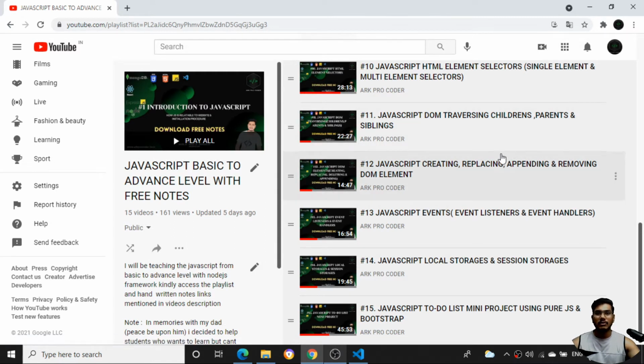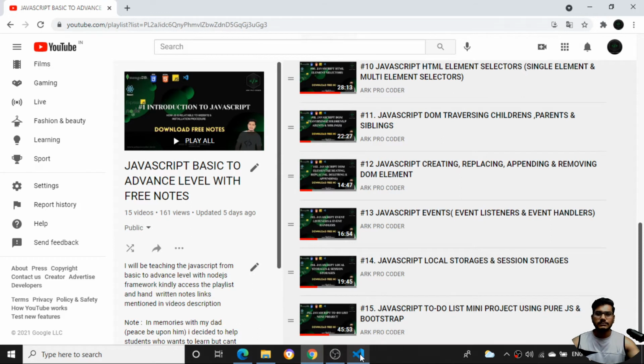Now we have almost completed all the basic topics of JavaScript. Now let's move on to object oriented programming. As you know, all the advanced topics are based on object oriented programming itself, so it is a very nice concept. I'll be teaching you all the concepts in objects: what is a constructor, what is inheritance, abstraction, data encapsulation, and we can see the ES6 versions of JavaScript. We'll see prototypes, classes, all those things in the coming videos. In this video, let's talk about function constructors.